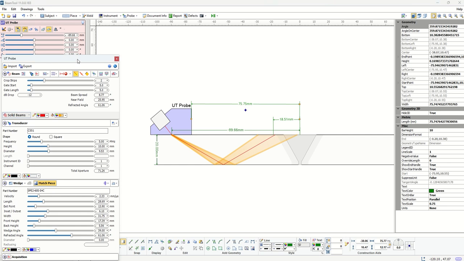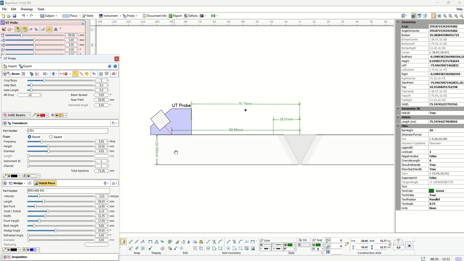The first one that I want to show you is here, the mode that we are choosing. Obviously here we created a beam, we chose a wedge that creates a shear beam. So it makes sense that the beam that we chose be shear. If the angle of the wedge was such that we could create both modes, we could also choose compression, but